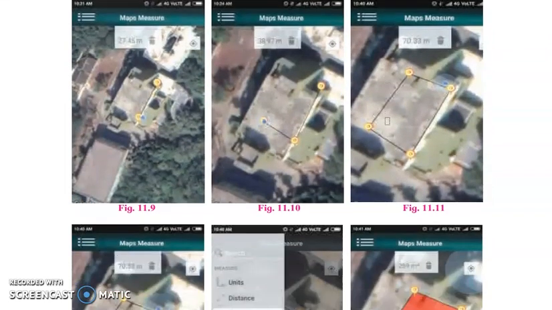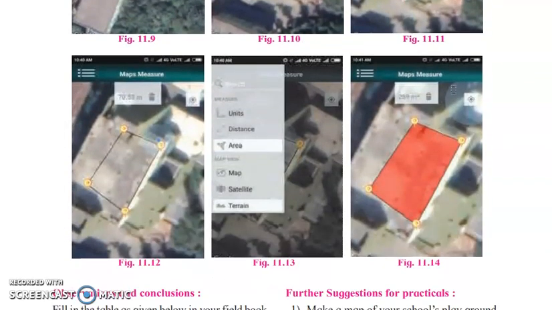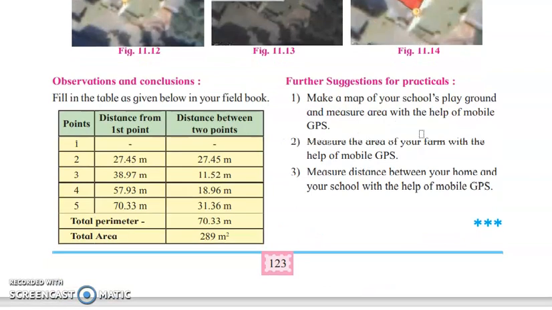These are the screenshots. This is the first point, this is the second, then this is the third. फिर fourth को यहाँ पे allot करके उन्होंने fifth को यहाँ पे मिलाया है, ठीक है. So उसके बाद this is the plot. Go in area and then in the area you will get the readings. So this is how you are going to prepare a table. So in the table you have the points. So total points they have given here, and you have to calculate the area and perimeter according to it. Okay, so this is how you are going to make the observations and conclusions for this practical.